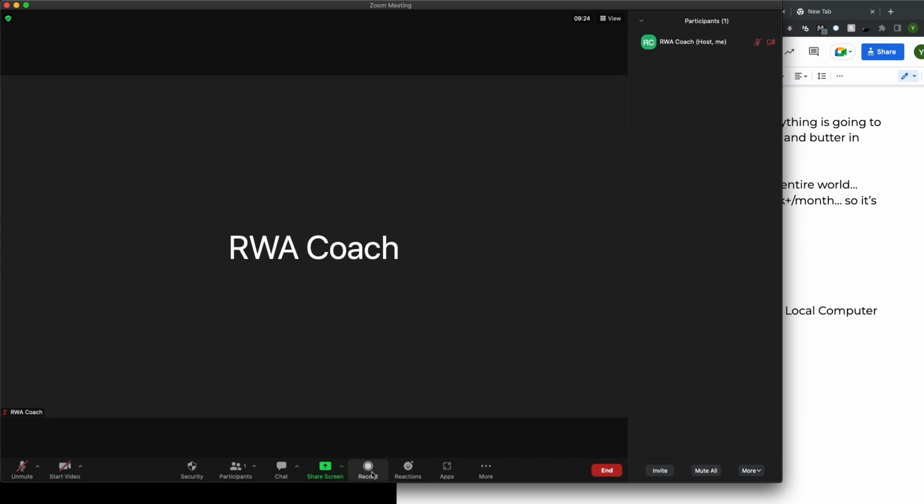This is very important. When you click on record, there may be two options depending on what plan you have for Zoom. Record on this computer or record to the cloud. If you have the free account, you will have to record on this computer, and I'm going to show you where the location for that is going to go to, okay? If you have a pro account, then you can record in the cloud as well, and they give you like a gigabyte of free storage in the cloud, okay?